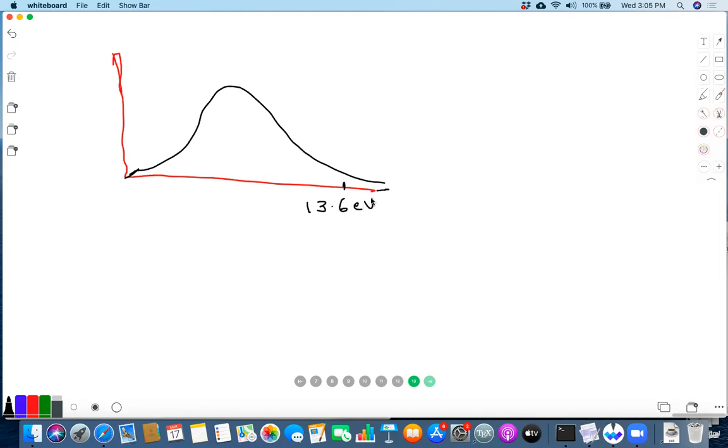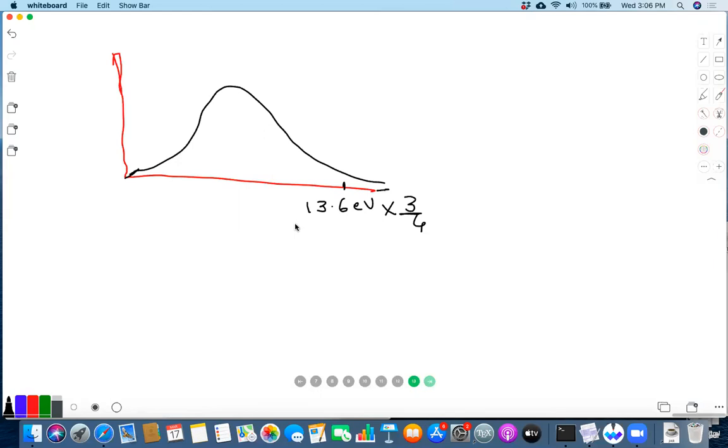So 13.6 electron volts times 3/4 is where Lyman alpha is, like this. This one is abundantly present, and the lower energy ones are abundantly present. So that part we are assuming to be in equilibrium. That's right. Maybe the photon number is too large to make a difference in this graph,